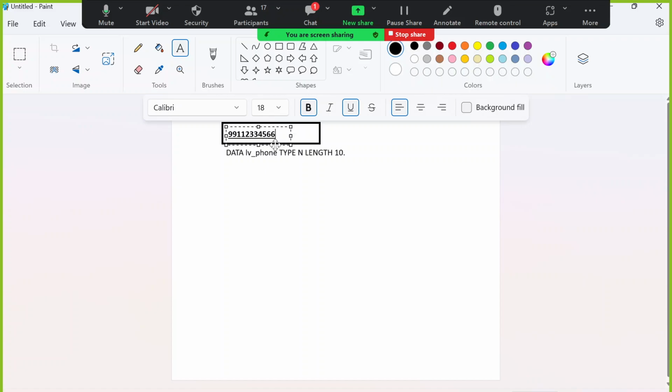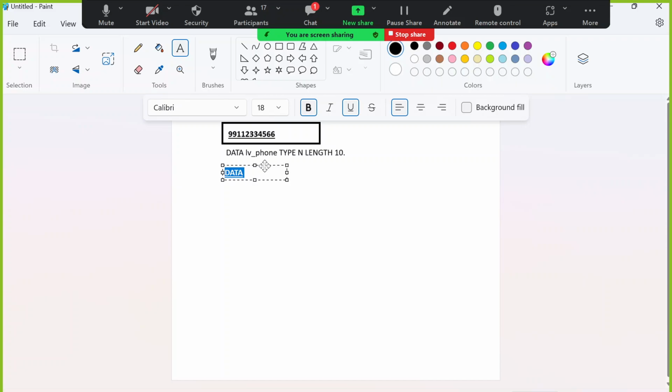Can we store multiple values in this? Can we store multiple values like name and phone number? No, it is only for one value. Variable is only for one value. That might be either name or phone number. We can store only one value. It is for one field. If you take our employee table as example, you can store employee ID or employee name, any one value in this variable. For the other field, you need to define one more variable,